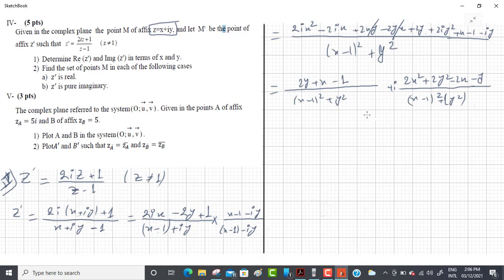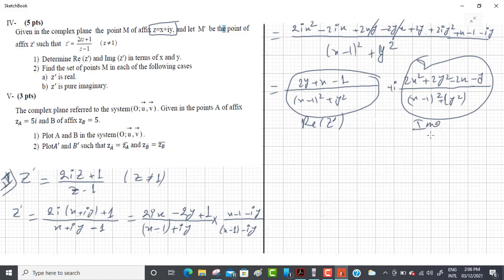Okay, so this is the real part of z prime, or sometimes they call it x prime, and this is the imaginary part of z prime. Part 2. Find the set of points M in each of the following cases. Z prime is real. Z prime is real when the imaginary part of z prime